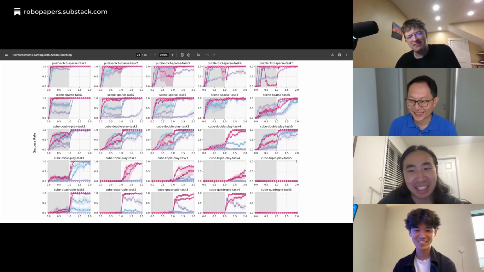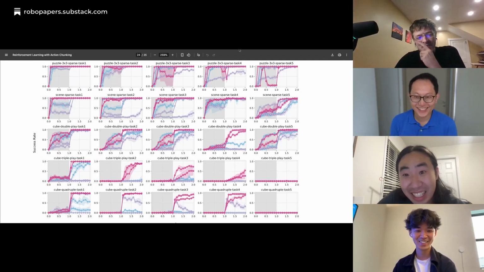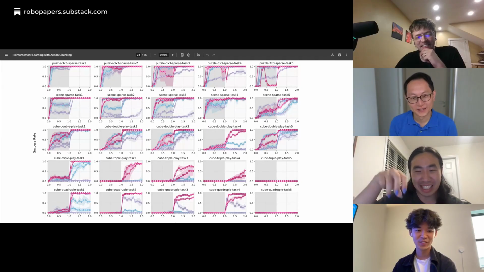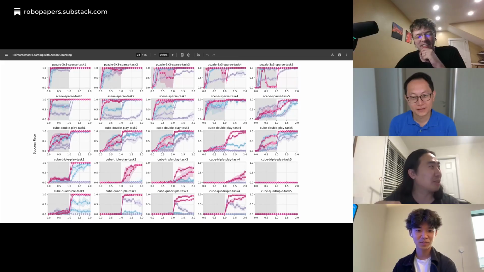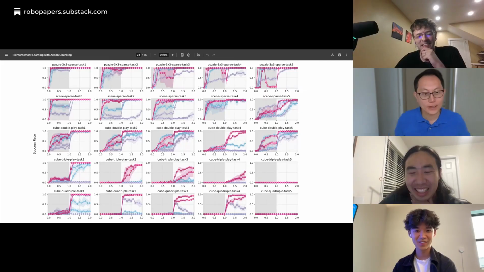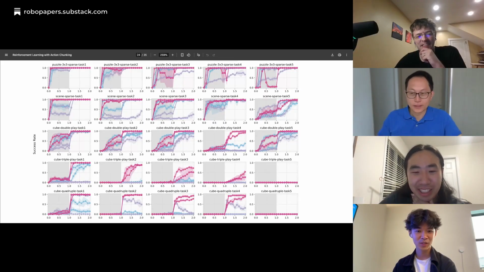What's task 5? I think it's some very hard stacking task. I believe you're supposed to stack all of them together, but I need to double check. Paul, do you know what task 5 is? I don't know off the top of my head. I just remember it was a really hard stacking task.